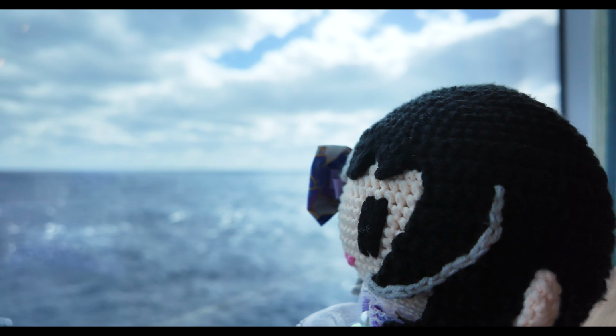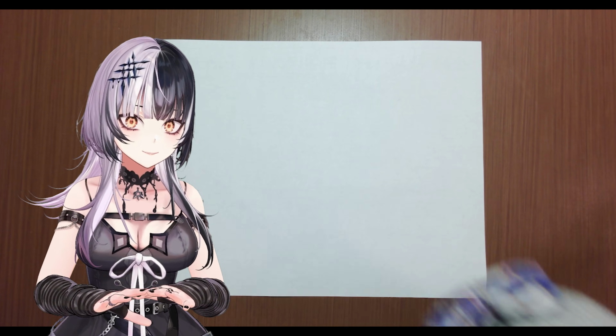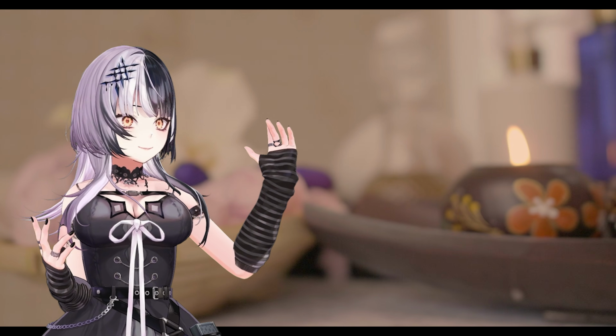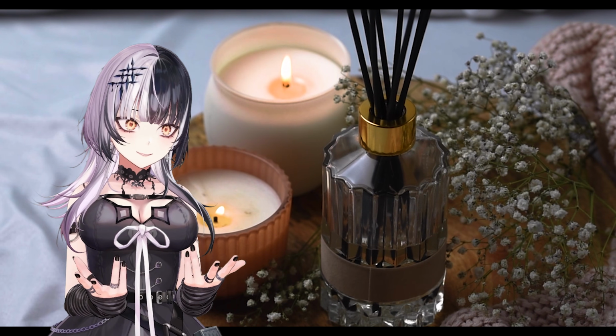Once the ocean finally calmed down, I booked myself a massage to relax. This was my first ever massage, and I wasn't sure what to expect. So you lie face down on a padded table, there's a towel draped over your back, and they play low ambient music around the room. The lights were dim, and they give you an option of what type of scent you want in the air,